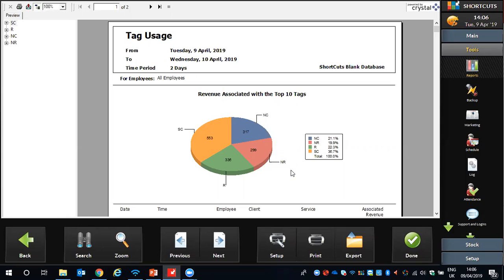And if you'd like to look at it with percentages, on the right-hand side we can see here. So at the moment we are getting a lot of salon clients, a lot of return clients, a lot of clients that already come to our salon. So if we scroll down, we can see there are 2 pages of this report. If we scroll down,